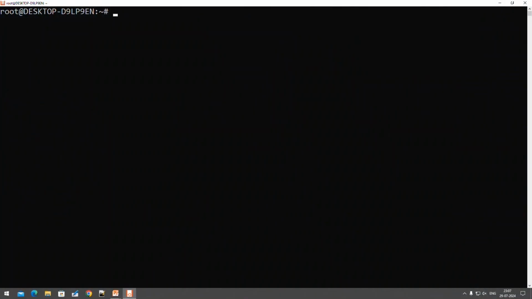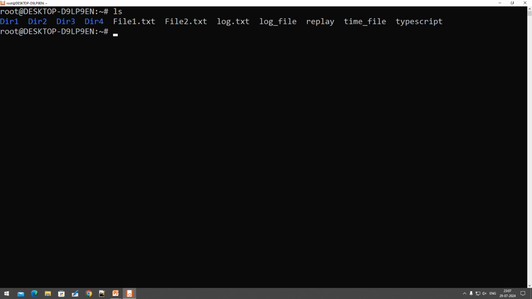So you can see on the command prompt, currently, suppose I would like to check how many files are there. I am using the ls command. So you can see these are the list of directories and files that are currently available in this folder or directory. Say for example, I would like to see the detailed listing of file1.txt. So I am using the ls -l option, then the file name, that is file1.txt,